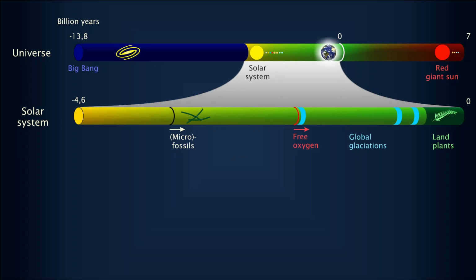One last thing I have indicated here on this time axis are global glaciations. It was interesting to see that there have been times when our planet has been completely frozen, or maybe almost completely. It's not sure whether it has been really completely frozen or only partially frozen, but it was at least to a large extent. Our planet was frozen. This is called snowball Earth, and there were several occasions when this happened in the history of our planet. And these events very likely have been very critical for life. But okay, somehow life apparently survived.